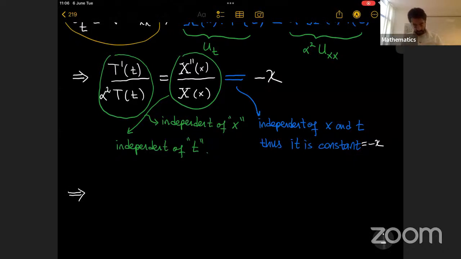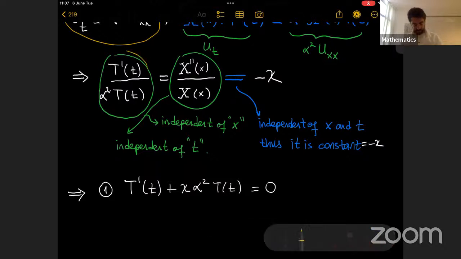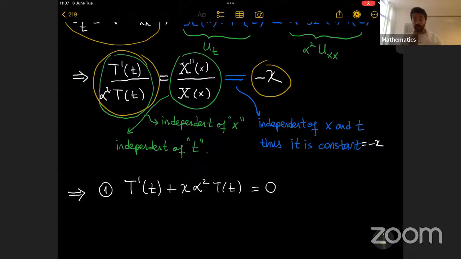The first one is the following: T prime of t plus lambda alpha square T of t is equal to 0. This follows from here, this one with lambda, okay? And the second equation,